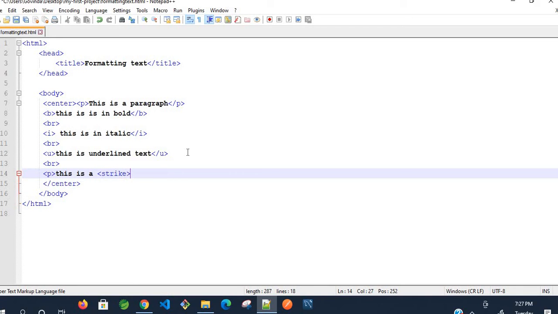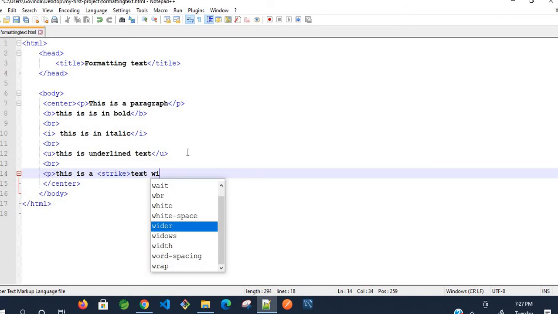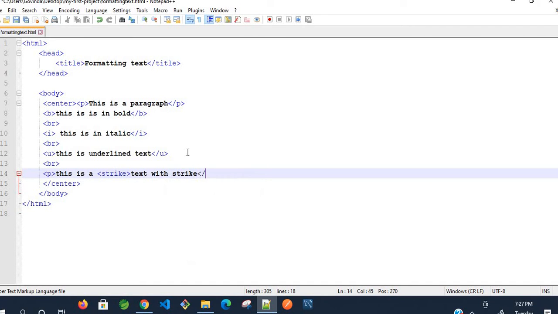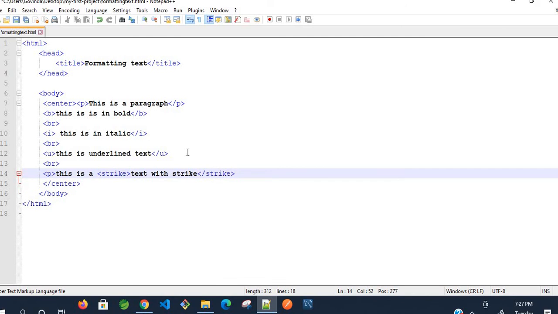tag. This is text with strike I am giving here. Okay, now close the strike tag. Okay, close the paragraph tag. Okay, save your file. See, text with strike will be displayed with a thin line which is displayed over the text. Okay, see, go save this file,